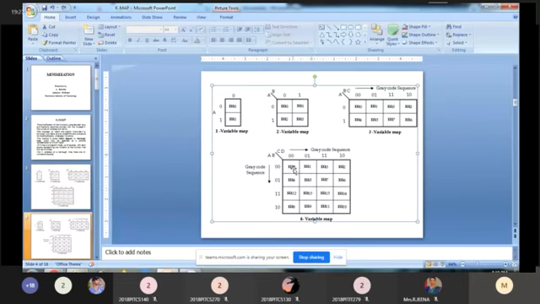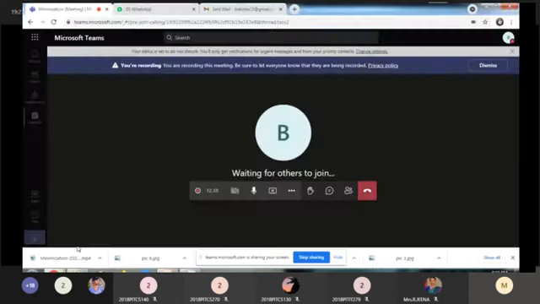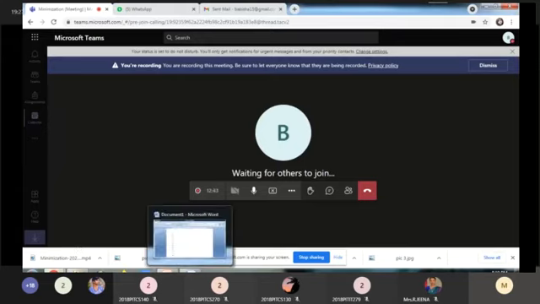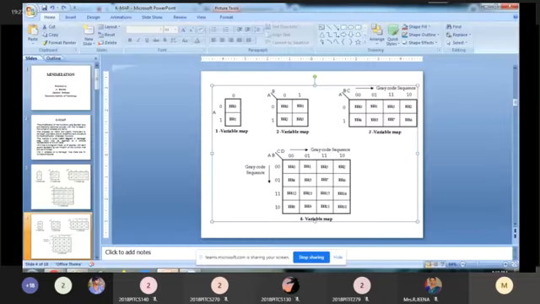First, this is 0, 1. So here you have to remember 0, 1, 2, 3, 4, 5, 6 and 7. Then you come to the fourth row: 8, 9, 10, 11, 12, 13, 14, 15. This is the 4 variable K-map. Have you all understood how to draw the K-map, the basic structure? Okay. Next.